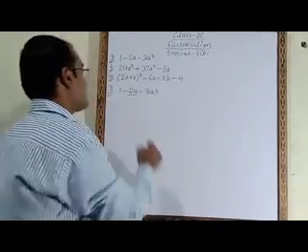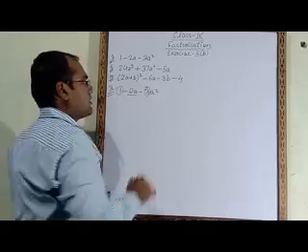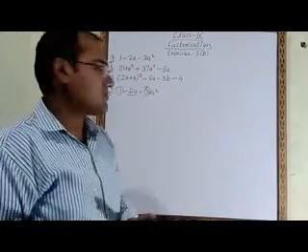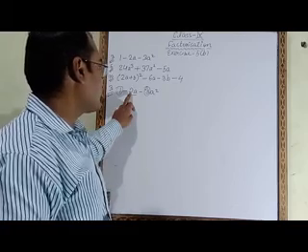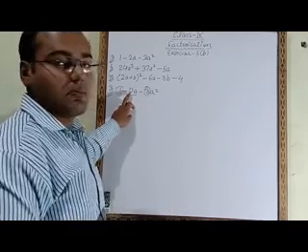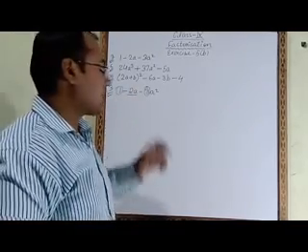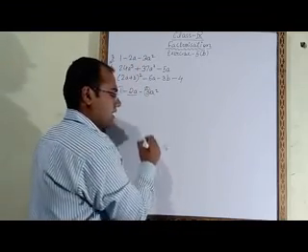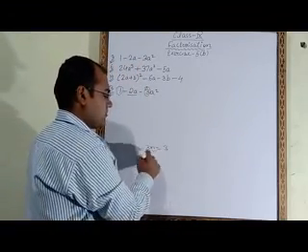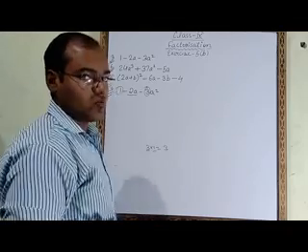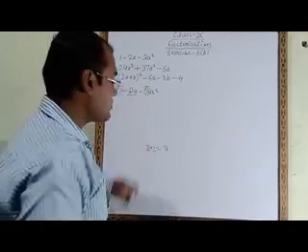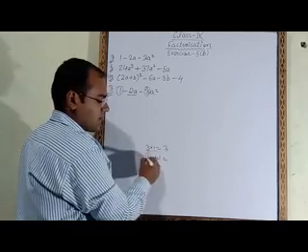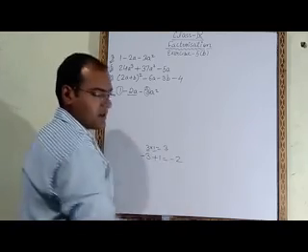Now what is the next step? The next step is that we have to multiply the first number with the last number. 1 and 3 we have to multiply. 1 times 3 is 3. Now we will find the factors of 3, and with those factors we have to make minus 2. 3 times 1 is 3. So with the help of 3 and 1 we have to make minus 2. That means we take minus 3 and plus 1. If we do minus 3 and plus 1, the answer will be minus 2.